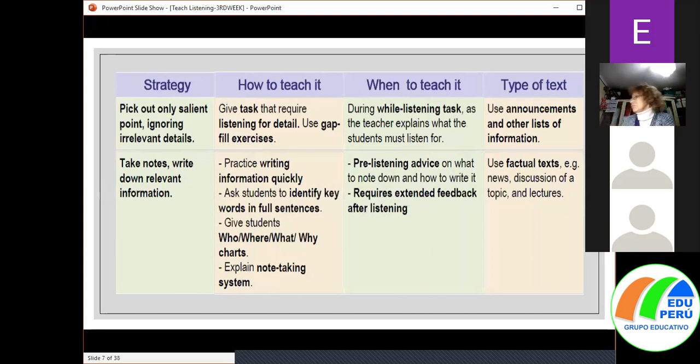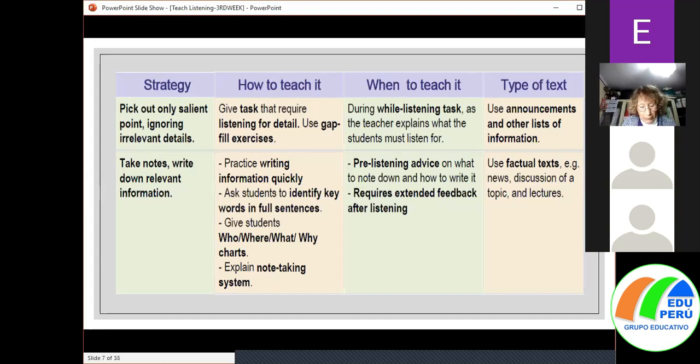Another one is taking notes, write down relevant information. So here you're going to practice writing information quickly. Ask students to identify keywords in full sentences. Give students who, where, what, why charts. No, this is another kind of charts. Explain note-taking system. So notice here, the strategy is that they have to take notes and write down relevant information. What are you practicing here? That they must write quickly, right? Write information quickly. So they need to identify